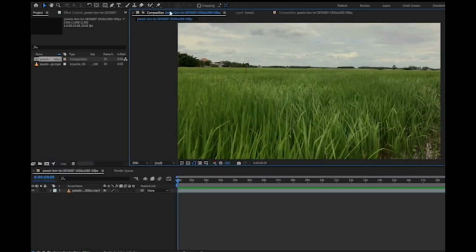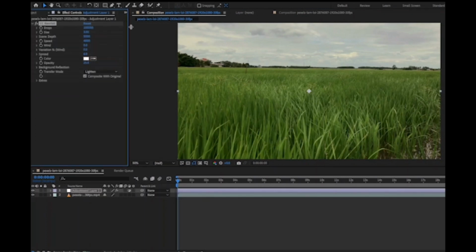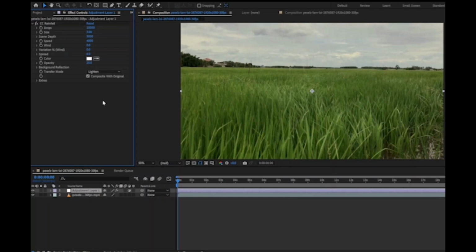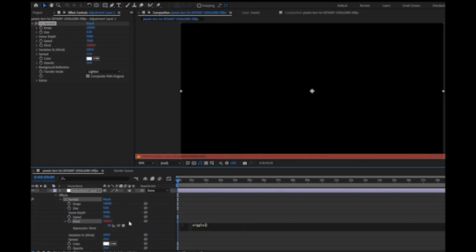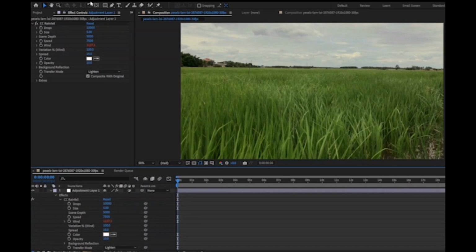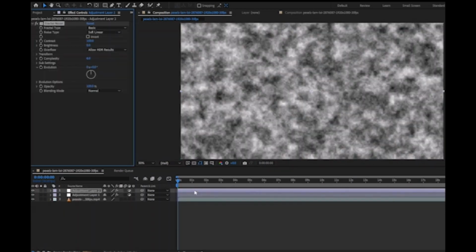Staying with the weather, we're going to make rain. Add your picture or video, add an adjustment layer, go to effects, type CC rainfall, make the drops 10,000, make the size 5, make the speed 7,500, make the wind 2,000, make the variation 100, make the spread 15, make the opacity 10. Alt click on the wind, type wiggle, type 10,000 by 2,000, add an adjustment layer, add fractal